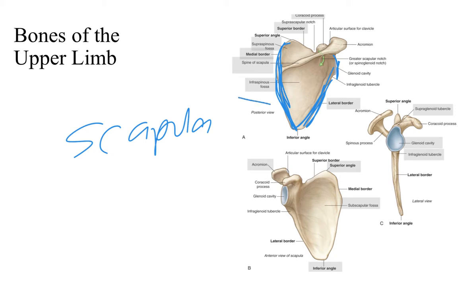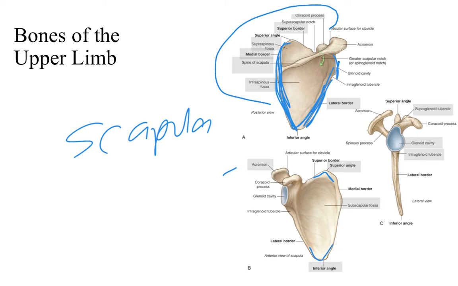The rest of the items that I have in gray here are items that you should be able to know and identify in a lab setting and on a test. So I'm not going to go over all of them, but I do want to point out some other things to help you with that process. All right, we have a couple angles. We have the superior angle,